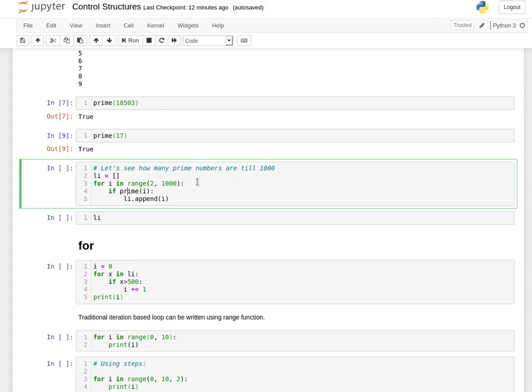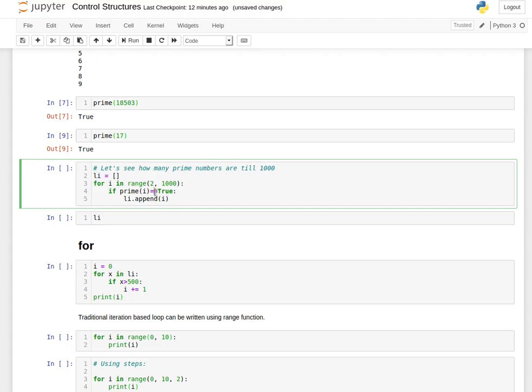Then if prime of i, that is, if this is like saying the statement, understand? So basically, if prime of i returns me true value, I'll be executing the statement, and the statement is basically appending the i value. That is, if i is prime, it will be appended to this list.